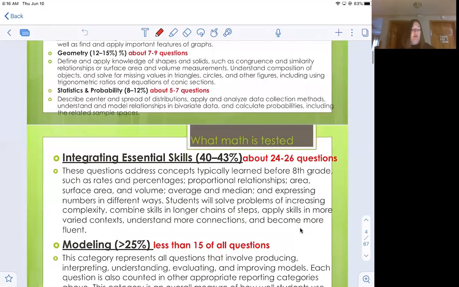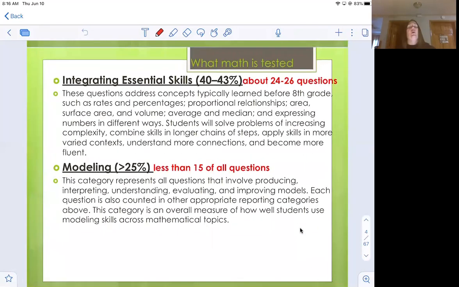Now, how is it tested? About 40% or 24 to 26 of the questions are what we call integrating skills, which means it's going to require you to do multiple things. It's not just one thing. So notice this says these questions address concepts typically learned before 8th grade, such as rates and percentages. So this could be your pre-algebra stuff that we're talking about in the 2.02 lesson. Area, surface area, volume, average, and median, expressing numbers in different ways. Notice that these are more kind of our